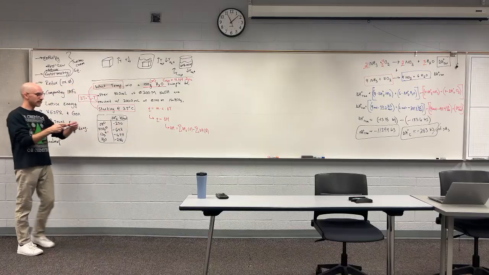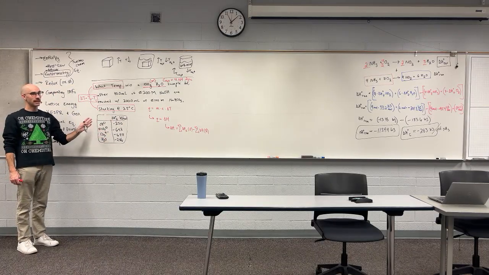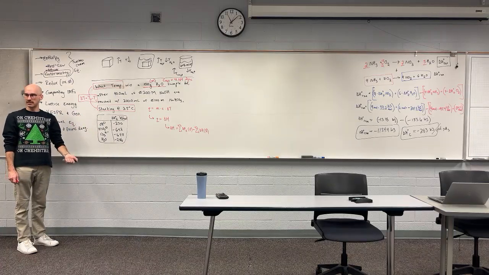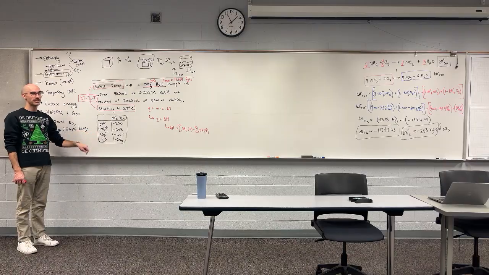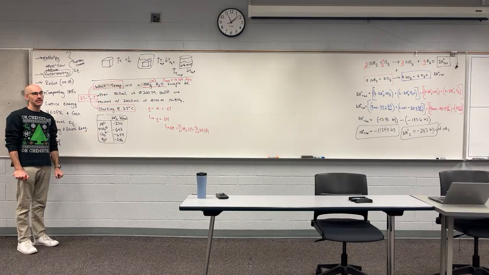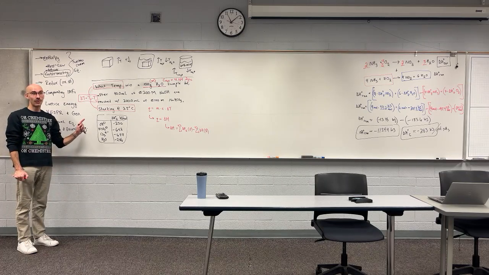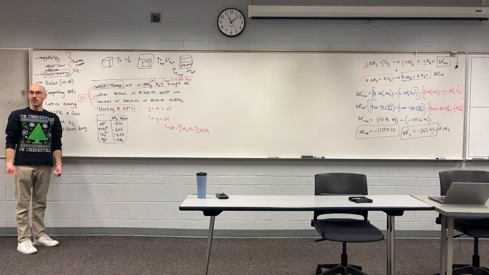The enthalpy is the sum of the heat of formation of the products minus the sum of the heat of formation of the reactants. That's where I need to use this. I also have to multiply by the number of moles, which means I need to know what the balanced chemical equation is. So after tearing through this problem, we now get to a point where we can say